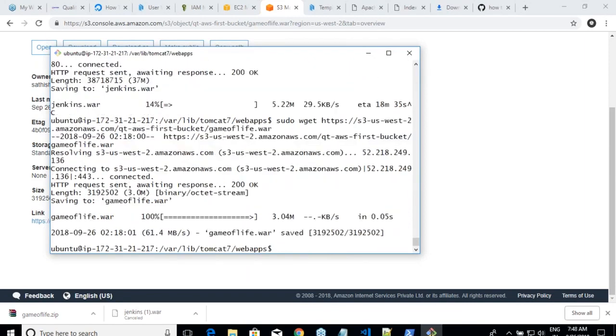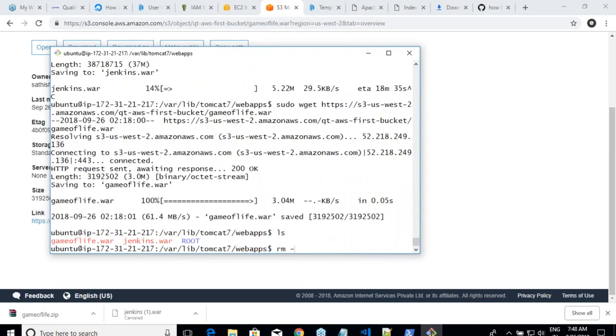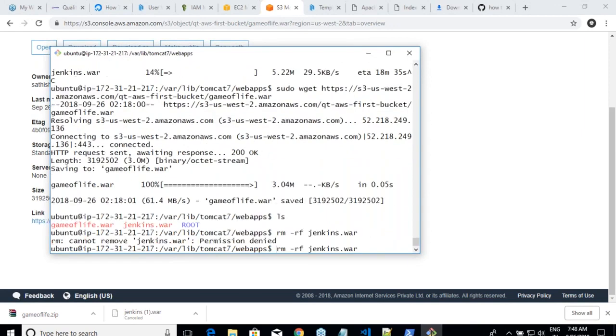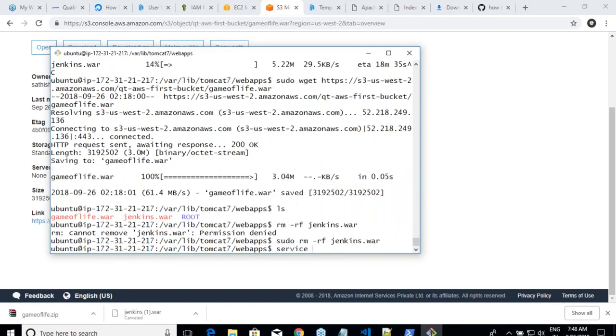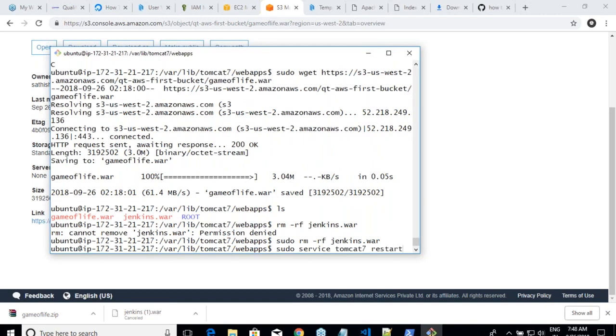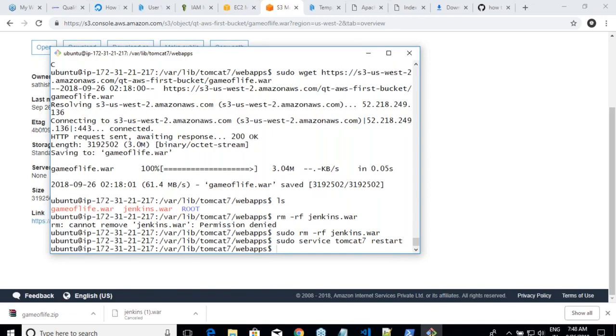Okay, sudo service tomcat 7 restart. Whenever you are seeing some folder that is being created, then Tomcat is processing something.